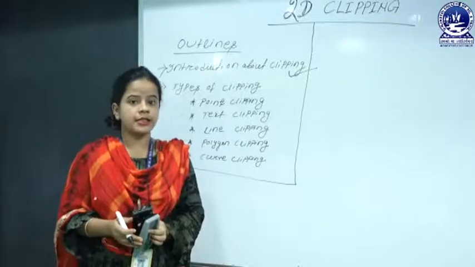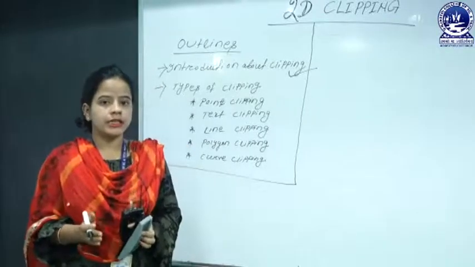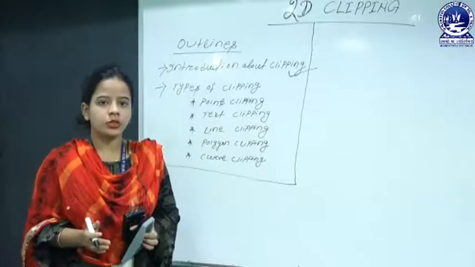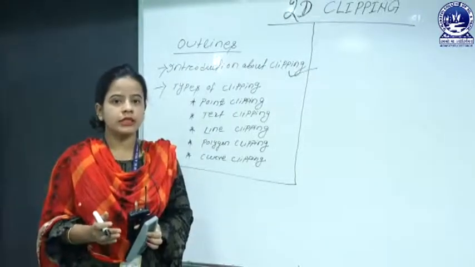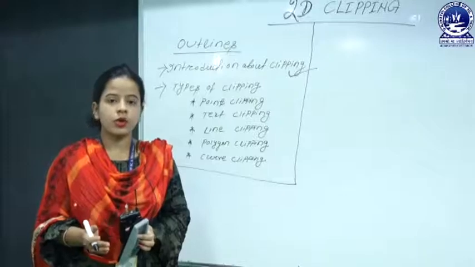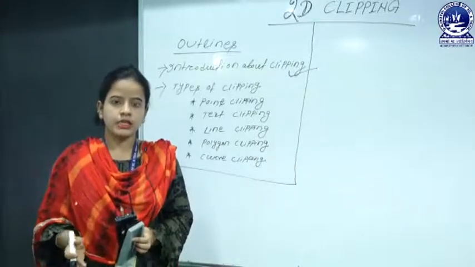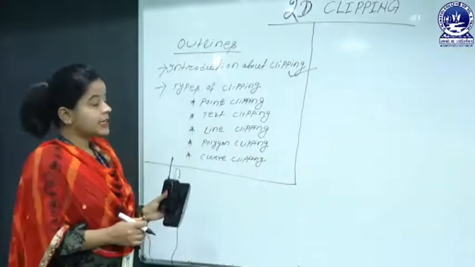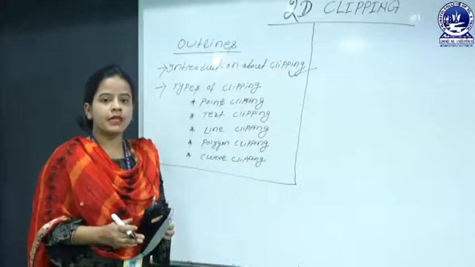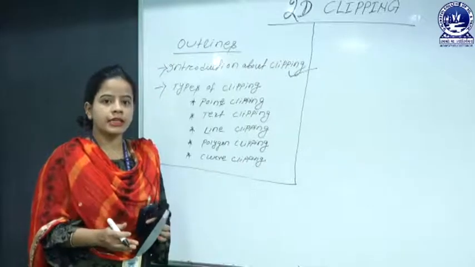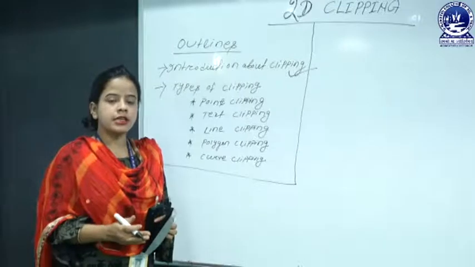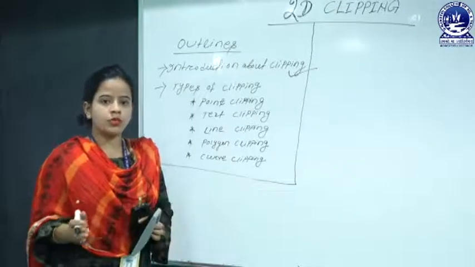Now the question arises, why do we use the technique of clipping? In general, the clipping technique is used when, in a world coordinate system, we view a part of the view space. But in computer graphics, different types of clipping techniques are provided through which the end user can view their space as per their interest in the object space.